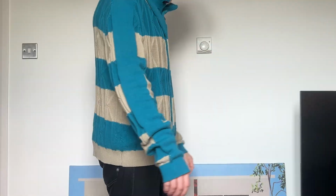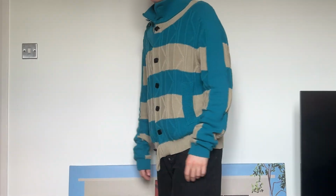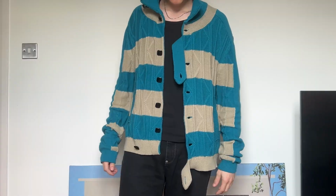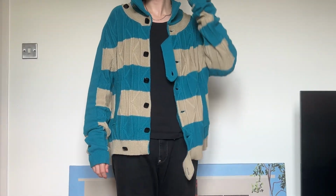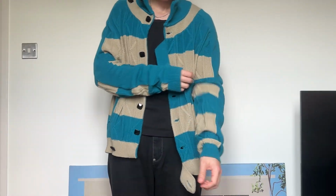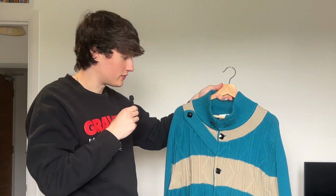So it's in this deep blue mixed with, I guess, maybe an off-white beige or maybe nude colour, and it has these amazingly big, bold pearl buttons that run across the upper section of the garment, as well as across this right shoulder area, and a slight overlapping detail on the hem as well. And this was a piece I was eyeing for a long time and managed to pick up for a steal